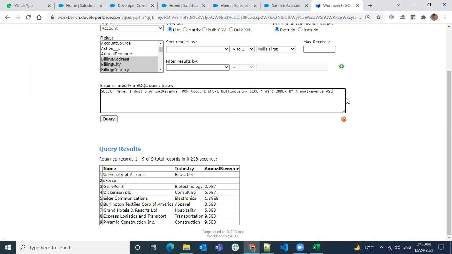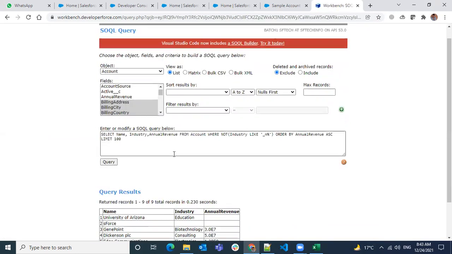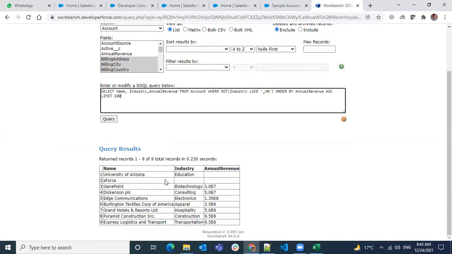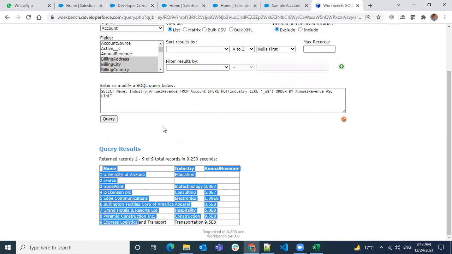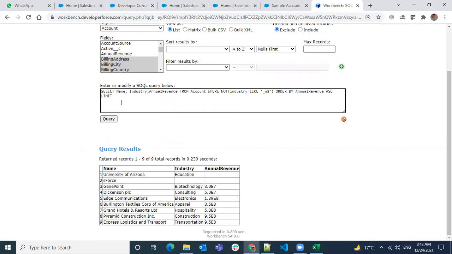So I want to limit these records. By default, I'm getting 9 records, right? If I want to limit 100 records, there will not be any change. When will there be a change to this query? Can someone tell me when we'll see a change over here? When we give a number less than the actual result, then only we see the change. Otherwise, we're only giving the maximum. If we give 10, we are saying a maximum of 10 records have to be returned, but because it's already 9 records, there will not be any change.